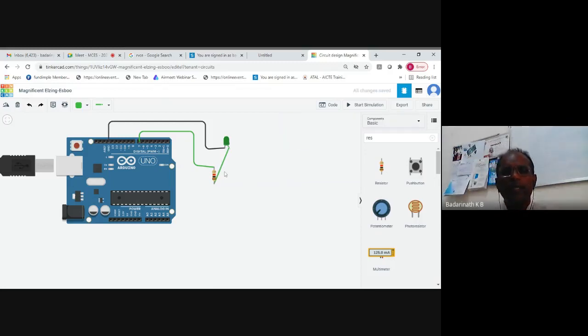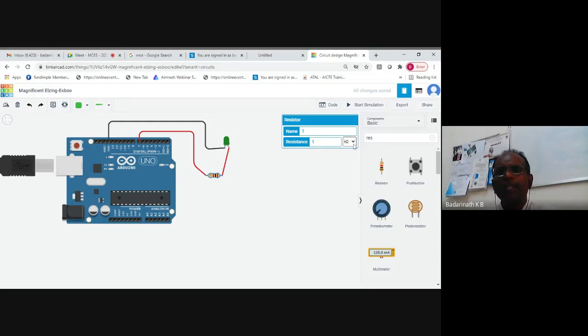So now look here. Now I've introduced a resistor in the circuit. Choose a value for the resistance. Now resistance is around 330 ohms. If you take it, it approximately gives the range required for the working range of the LED. So I have taken 330 ohms.